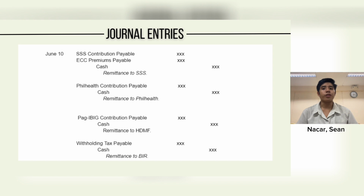To account for the employer's share of mandated contributions, we debit factory overhead control, and we credit SSS contribution payable, EC contribution payable, PhilHealth contribution payable, and Pag-ibig contribution payable. To account for remittances made on June 10 to SSS, we debit SSS contribution payable and ECC premiums payable, and